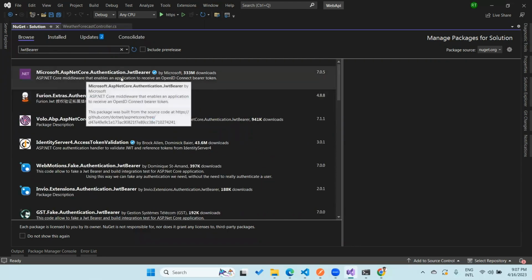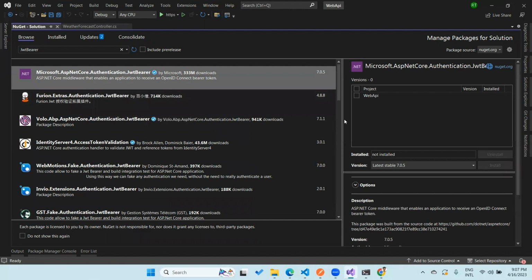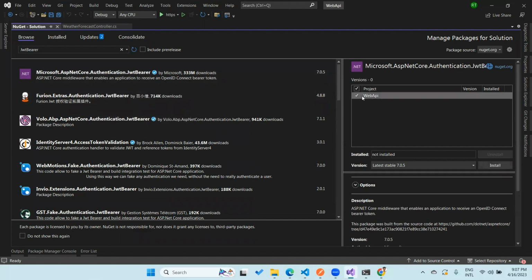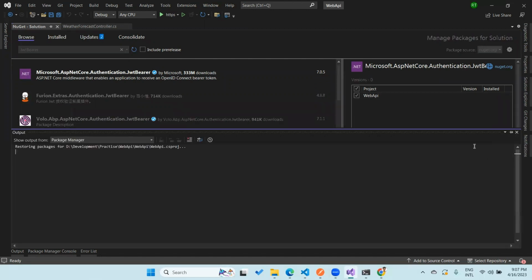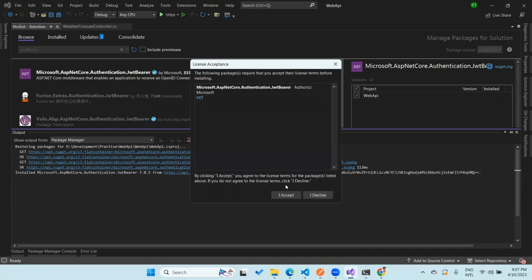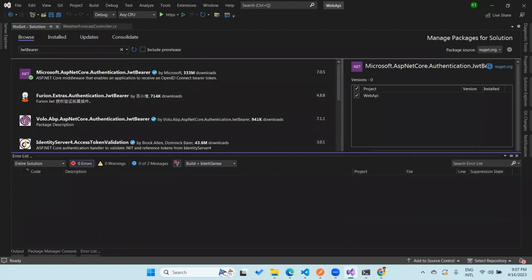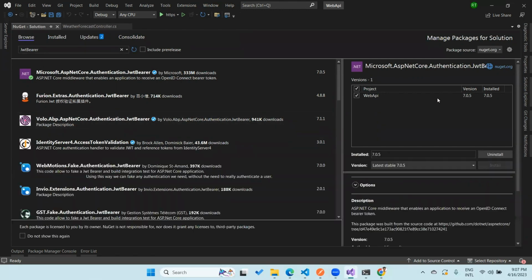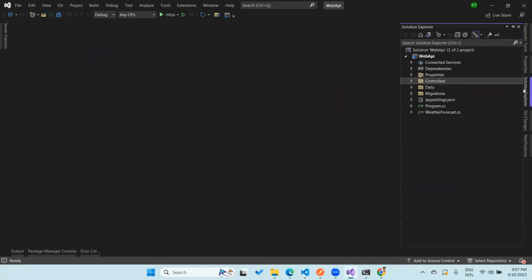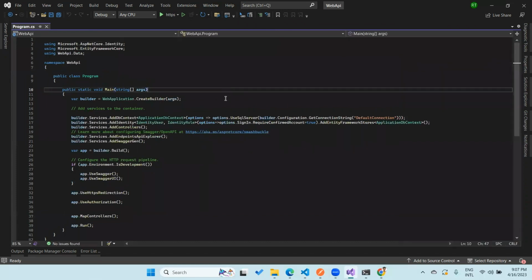So it's Microsoft.AspNetCore.Authentication.JwtBearer. It's this one. And let's install this. Let's see if it's installed. Yes, it's installed now. Now after that, we can go to the program.cs file,